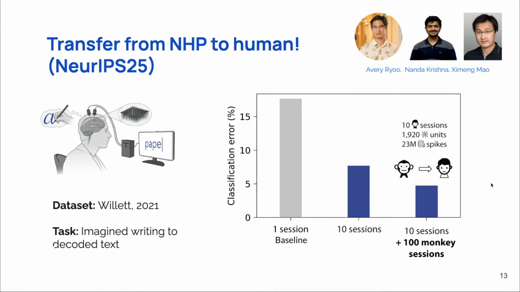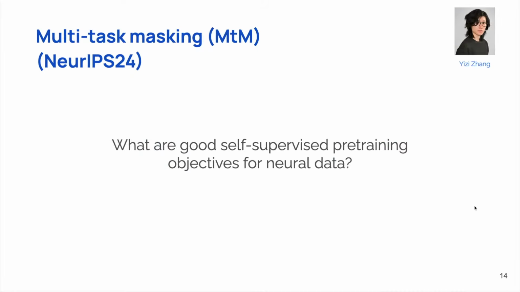So now our original task was to decode the motor outputs, but now we have a completely different task in humans, and indeed we do find that that pre-trained model is also helpful in this very different case, even transferring across different species. There's a lot of interesting open questions about what it's learning. And so it would be cool to talk with you all more about that.